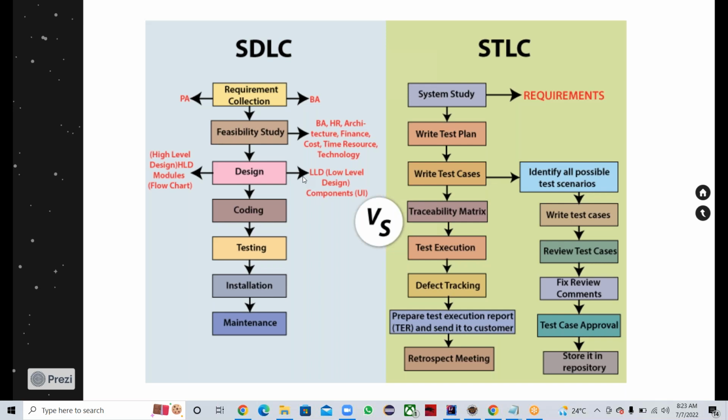Rahul, what is repository? What is repository? Okay. Storage. Where did you see the word retrospect? Okay. The test case storage. Store it in repository means